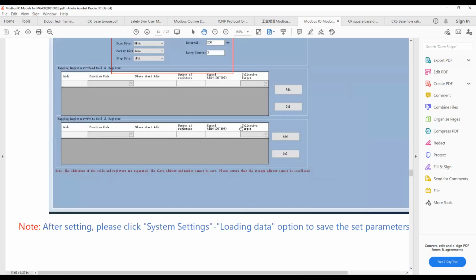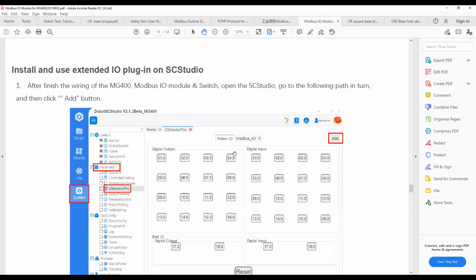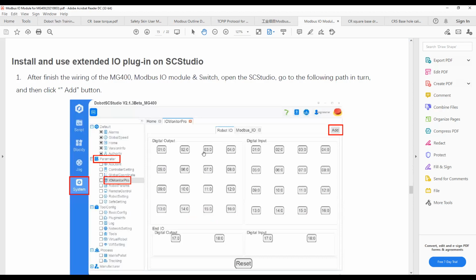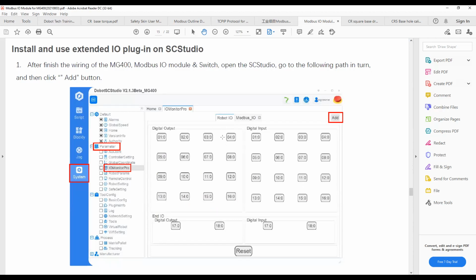So that's enough. So after we finish wiring this module to the robot, to the CR controller, next